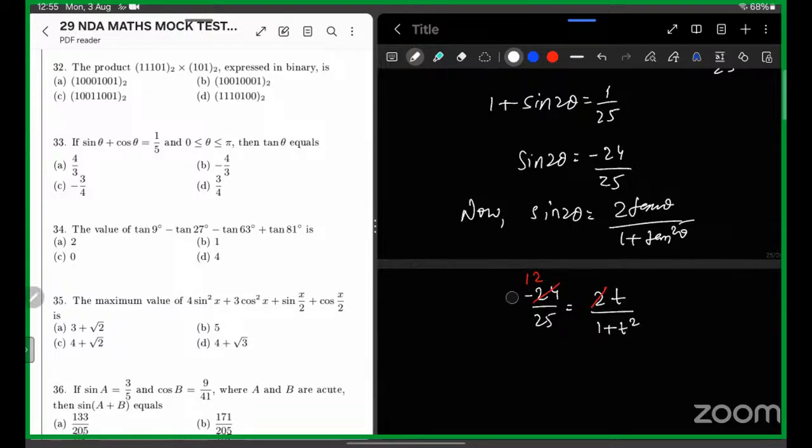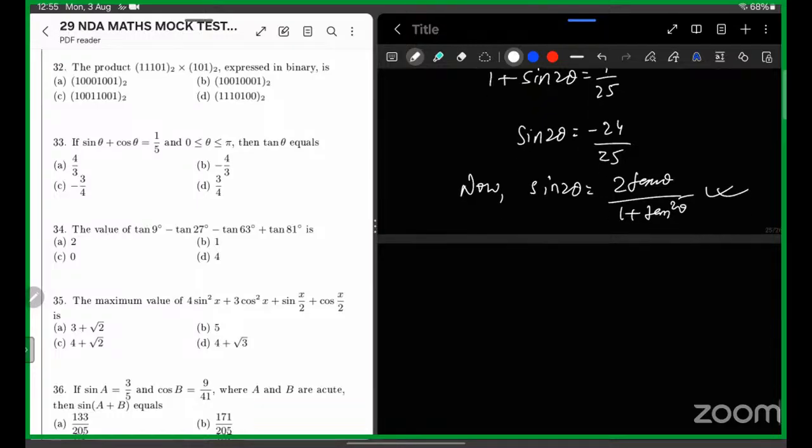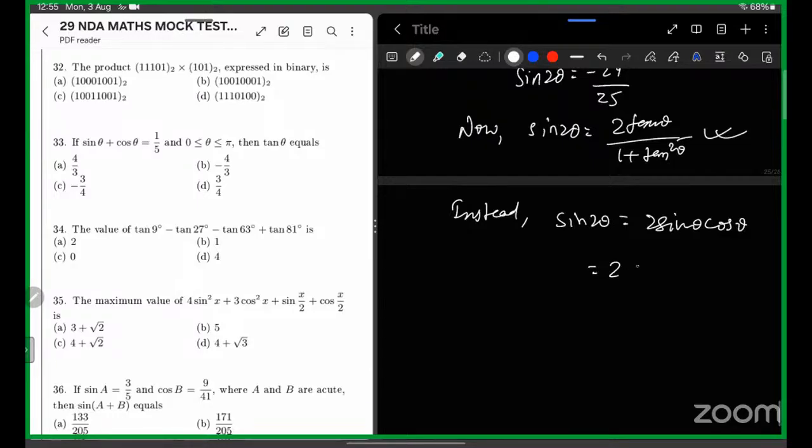Yes, that formula is there, but the calculation might be longer. So instead of going through that formula, we can also do it differently. Just write this: sin 2 theta equals 2 sin theta into cos theta. That is equal to 2 into